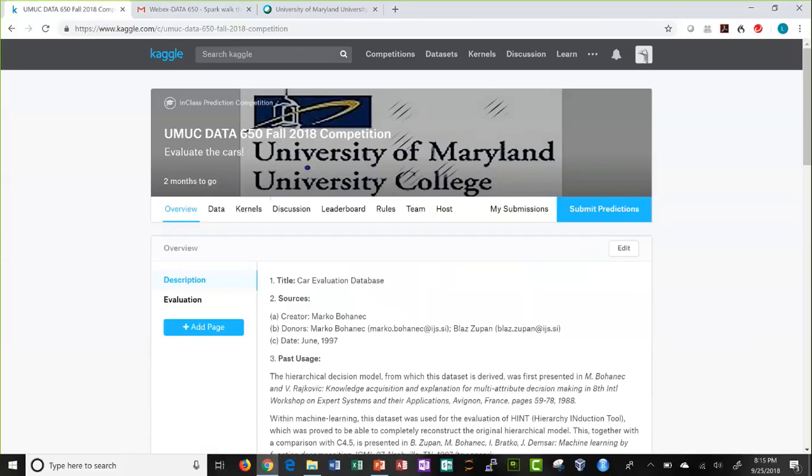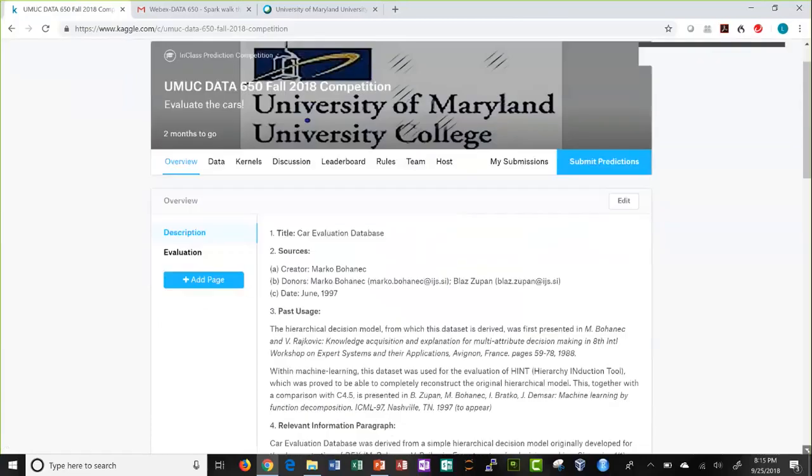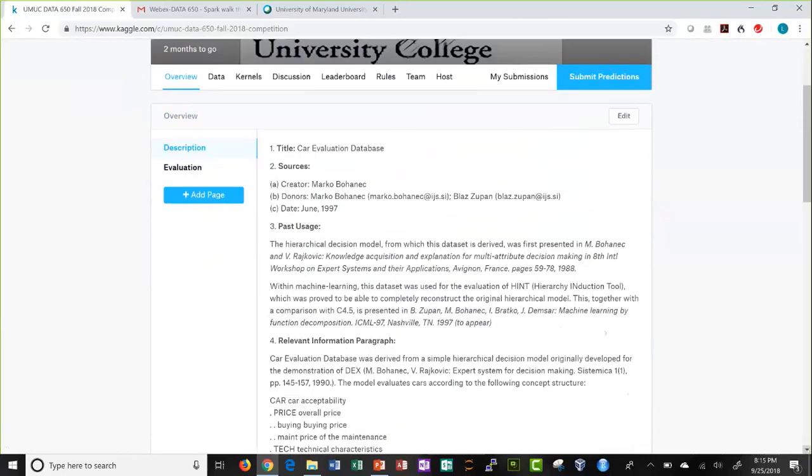Once you get there, there are different tabs that you can read through. First and foremost, read through the overview tab, right? What's involved? What kind of data set is this? We have put in all the information from the source of the data, where we got the data set from, who's the author of it, and what does this data set have in it, right?